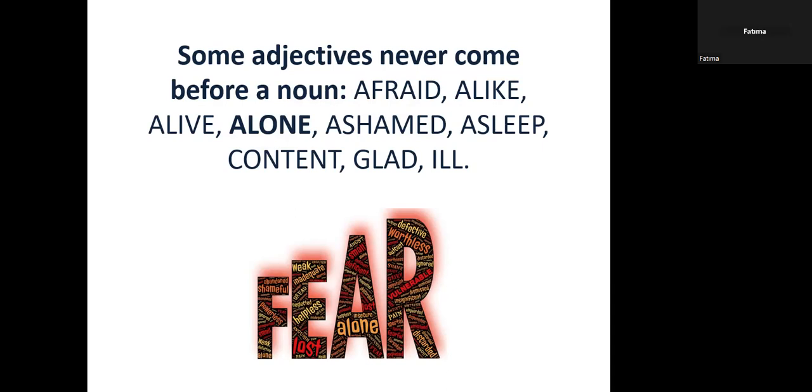For example, we can say clever child, but we cannot describe a child with afraid like this, okay? Alike, for example. His father and Ahmed are alike. This is like this, alive. His father is alive, alone. Is he alone? Yes, he is alone. Ashamed, asleep,